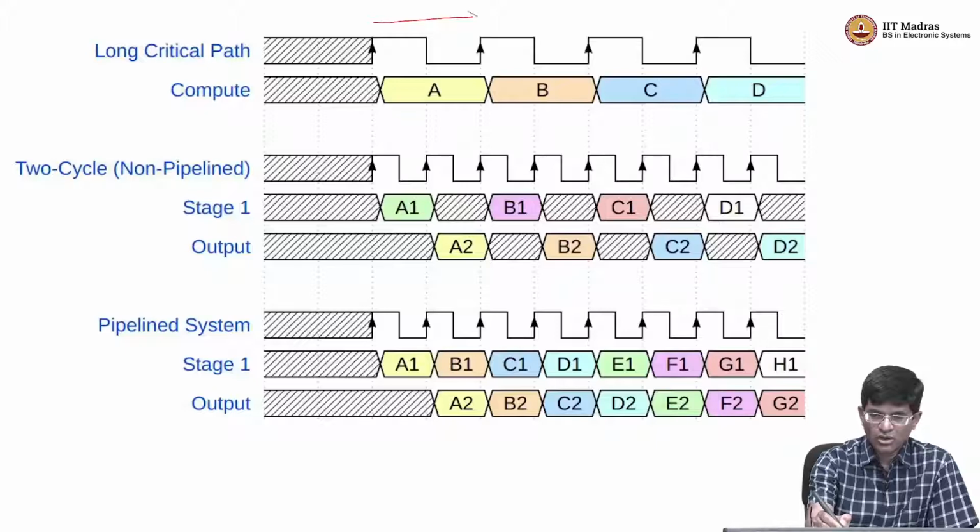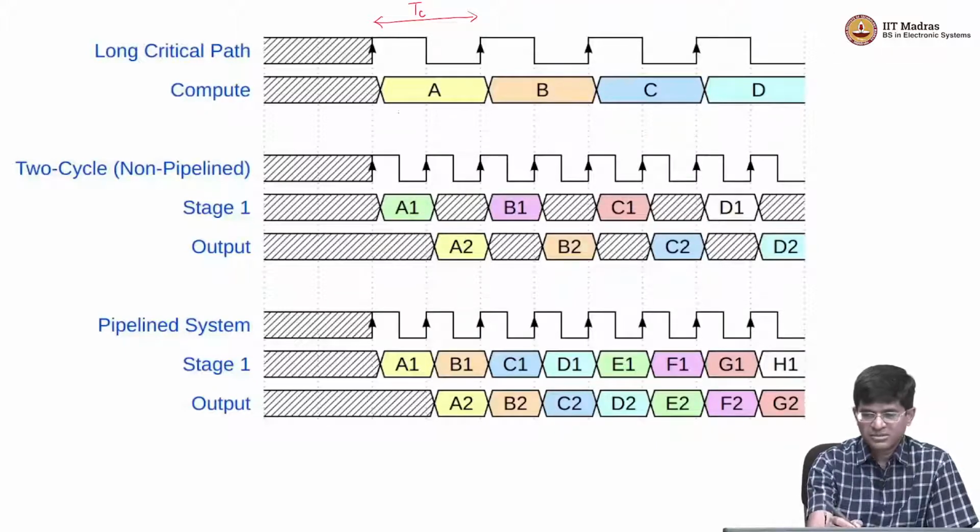We have a long clock period, and the first set of inputs comes in here, it takes a certain amount of time and it generates an output. That output is basically ready to be sampled at the next clock,